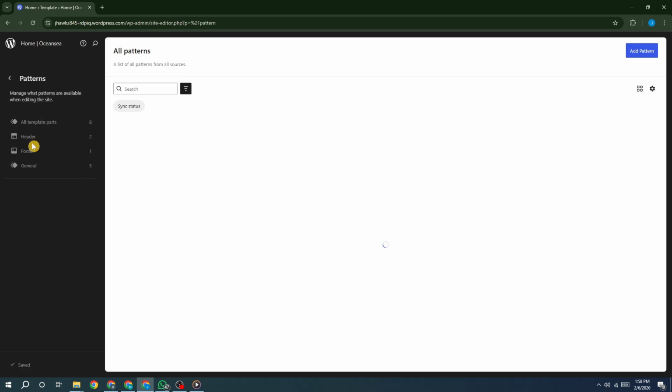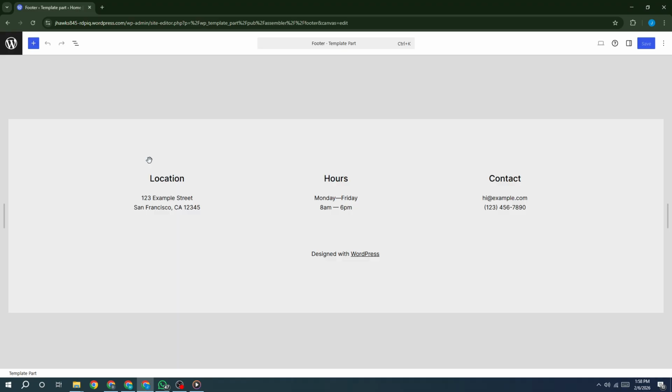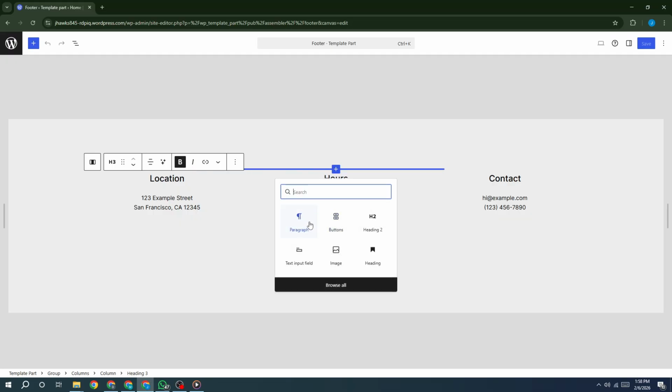Now, look through the menu options and click on Footer. From here, you can start editing your footer content directly. Depending on your theme, you may be able to change text, add social media icons, adjust layouts, or include other